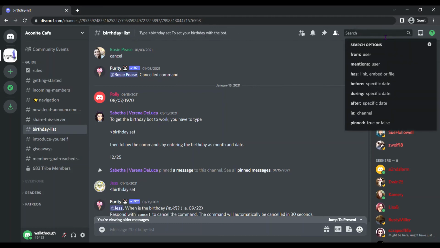The search feature in Discord is so amazing. I use it all the time. Sometimes whenever I am typing in Discord, I will put keywords in what I'm typing so that I know I will be able to find it again later. But you can search for specific usernames, you can search a specific channel, dates, or